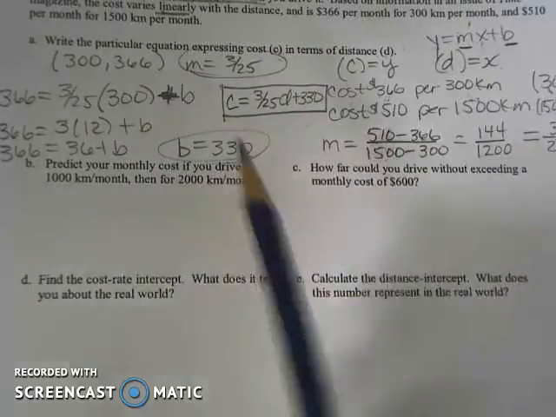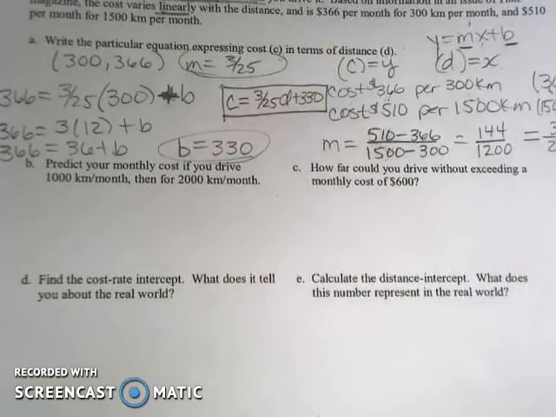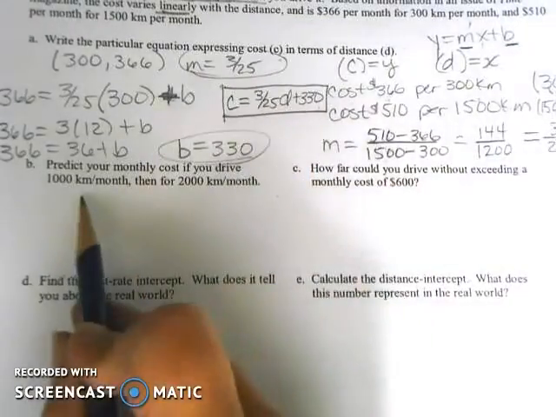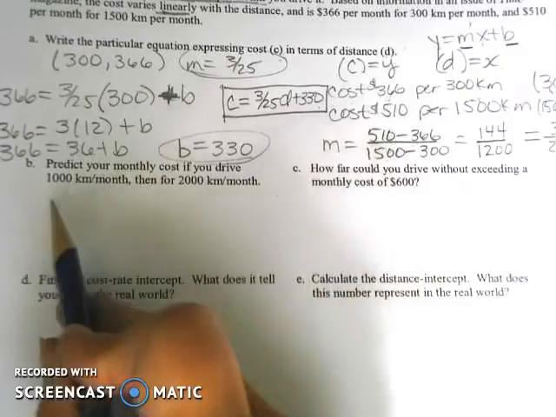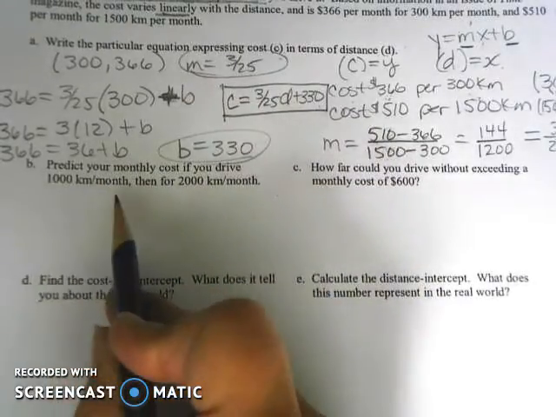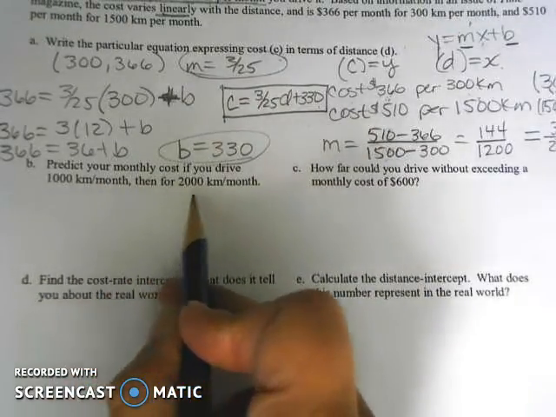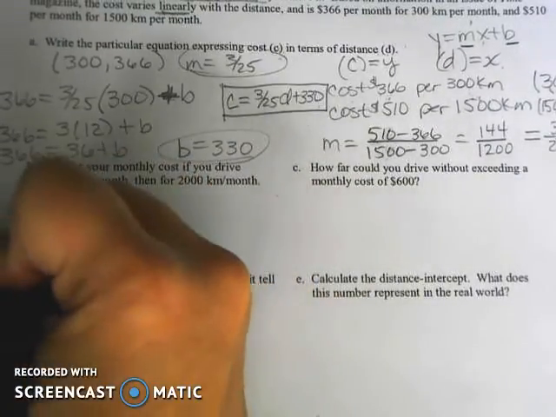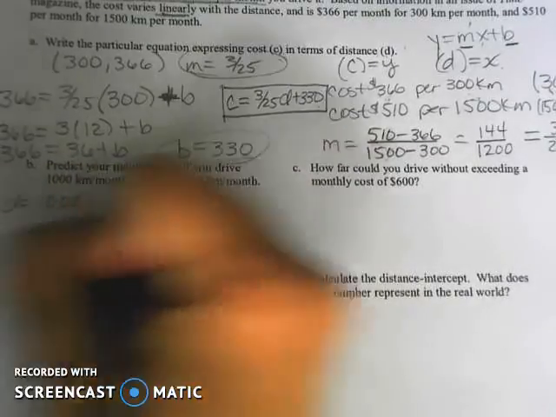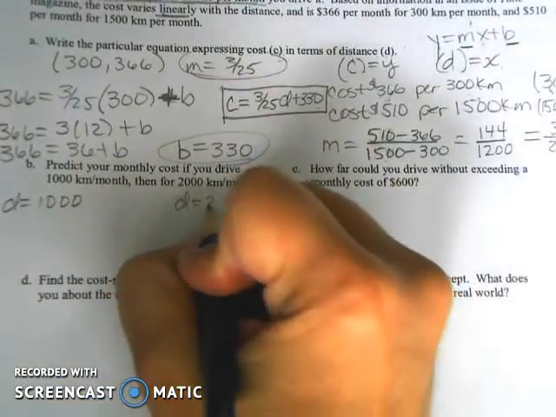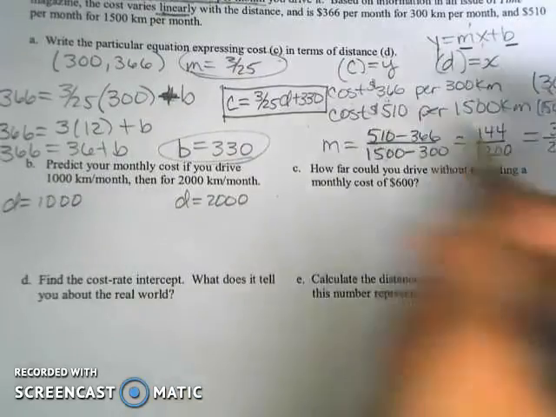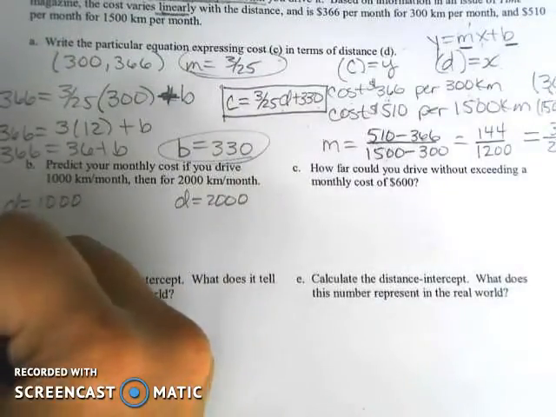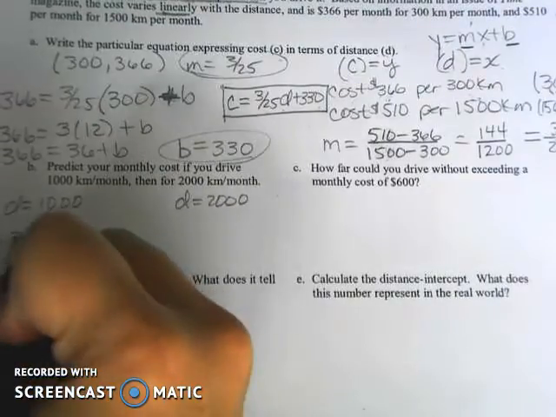Okay, so now that I have my equation where C is equal to 3 over 25 D plus 330, I'm supposed to predict my monthly cost if I drive 1,000 kilometers per month and then 2,000 kilometers per month. So that would mean that the distance in one case is 1,000 kilometers and the distance in the other case is 2,000 kilometers. So if I just plug that value into my given equation, or the equation that I found,